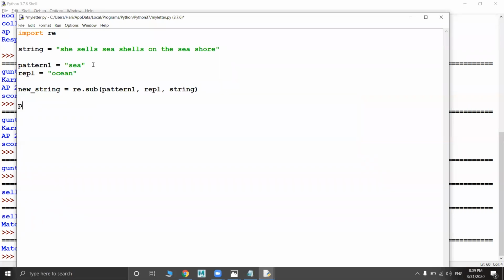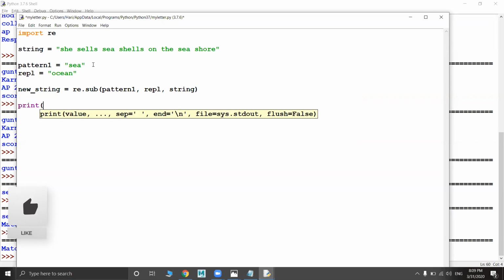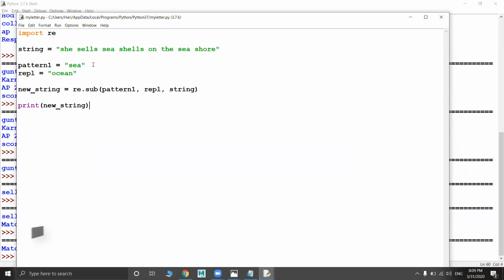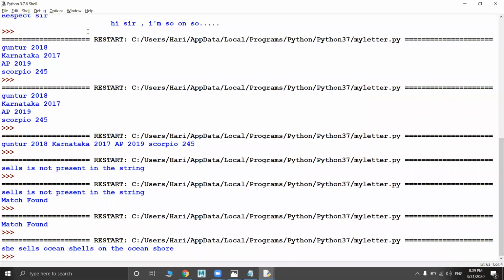Now print new string. Okay, run. See, all the C is replaced with ocean. Have you seen it? Everything is replaced with ocean.